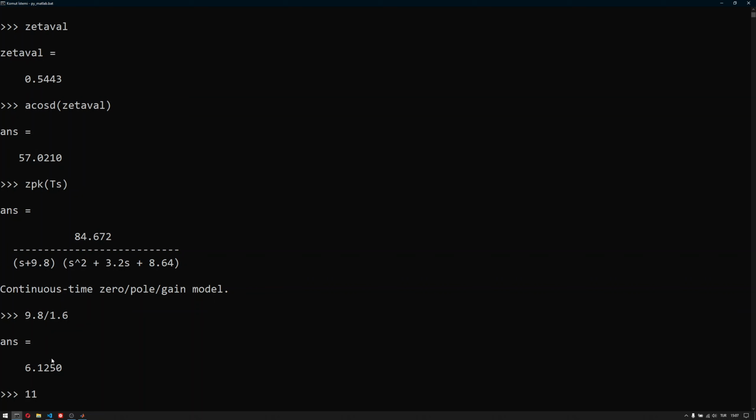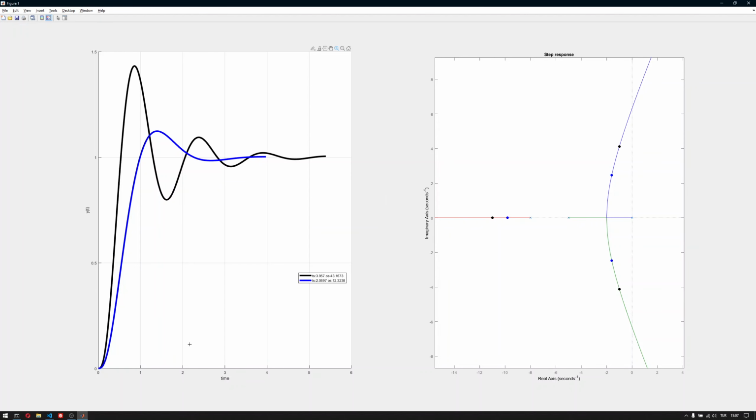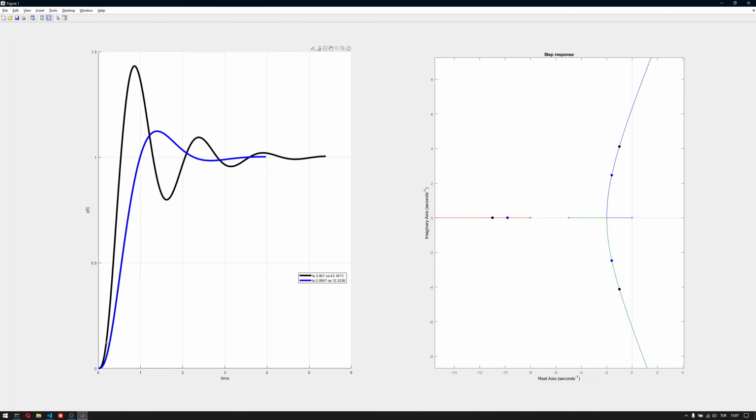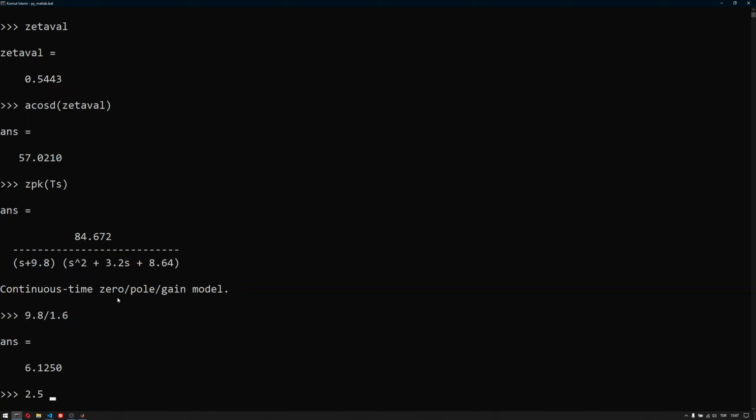So the larger the dominance factor, the better the result, but with half the dominance factor, it has more effect. But it's still there, because 2.5 was the original settling time that we were interested in, and we got something around 2. So it's still okay to us to have this